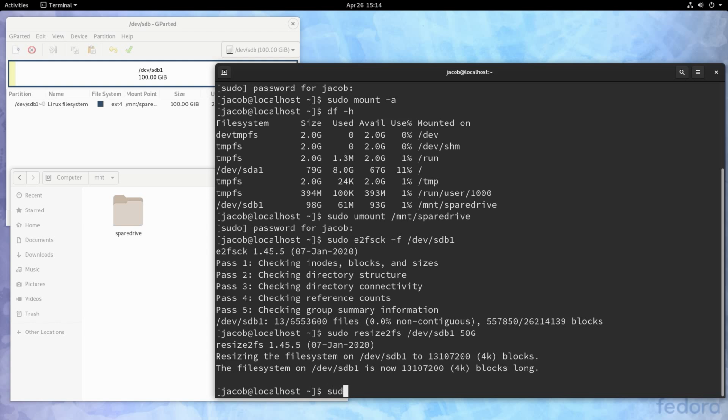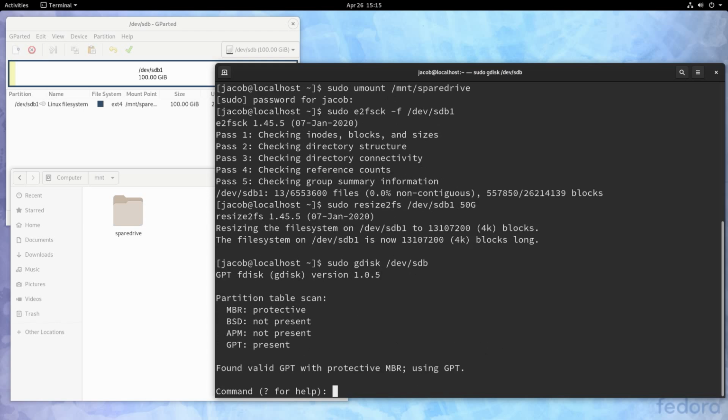Back in the terminal, we're going to run sudo gdisk /dev/sdb again. Remember, gdisk needs the disk or drive name, not the partition name. So we're going to go inside of gdisk, and what we need to do now is the most dangerous part of resizing a partition. You see, there's no such thing as actually resizing a partition. What we're doing when we modify partitions is we're modifying the partition table, which once again is just labels. So what we need to do inside of gdisk is delete the partition and then make 2 new partitions. And one of them is going to be, quote unquote, the same partition.